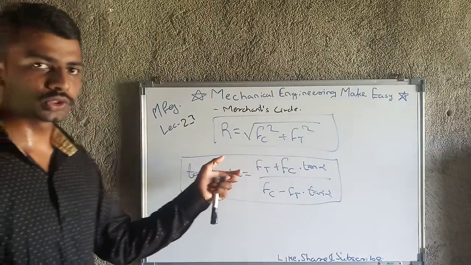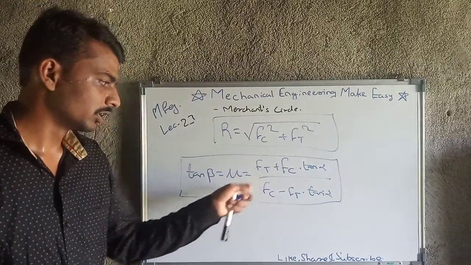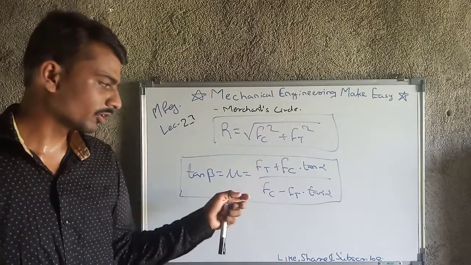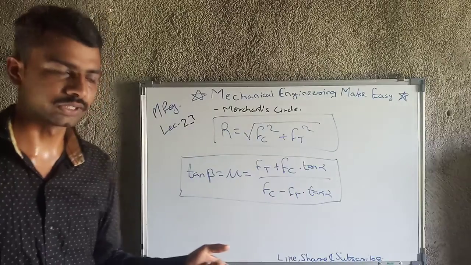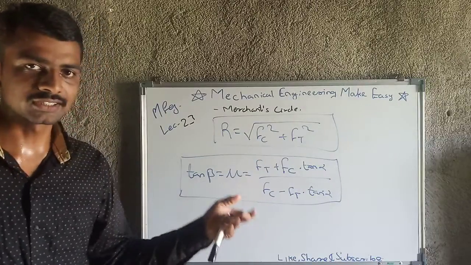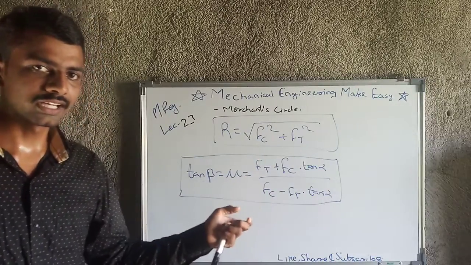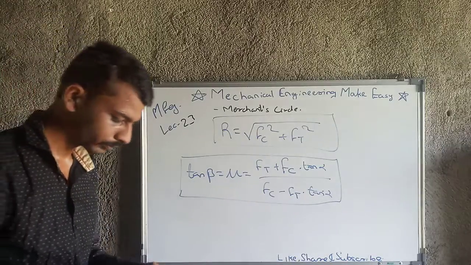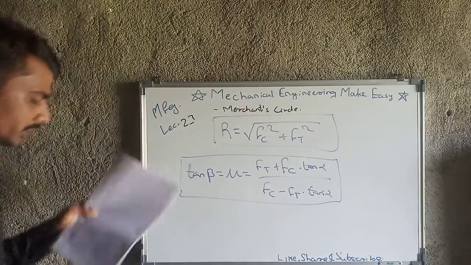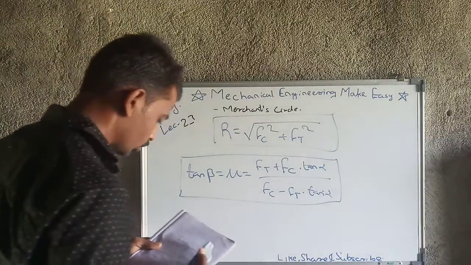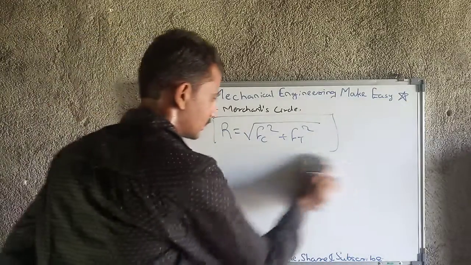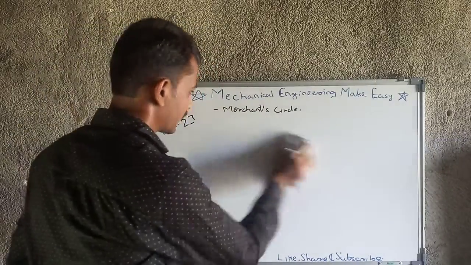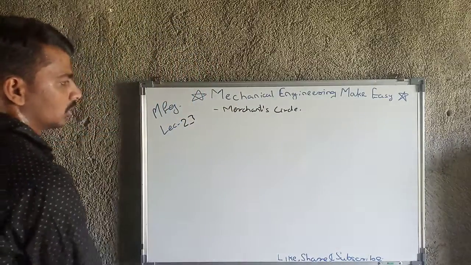And why do I give you all the formulas in different forms? Because in GATE they are not going to ask you a very straightforward question. So you should know all the relations, so that from them you will get to know how I can get the value. So note down all the formulas I am giving you. Again, there is one classical theorem, and I am not going to discuss all the theorem. I will only give you the formula.